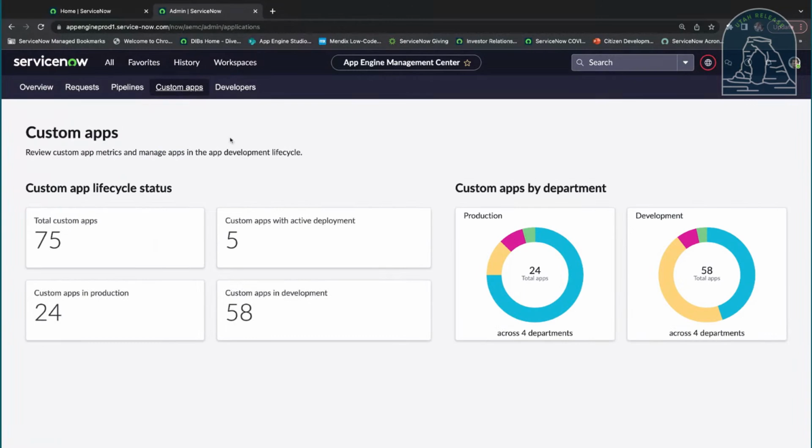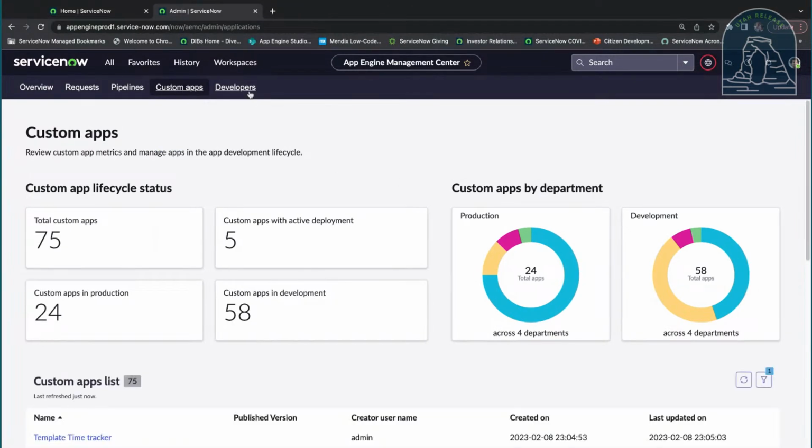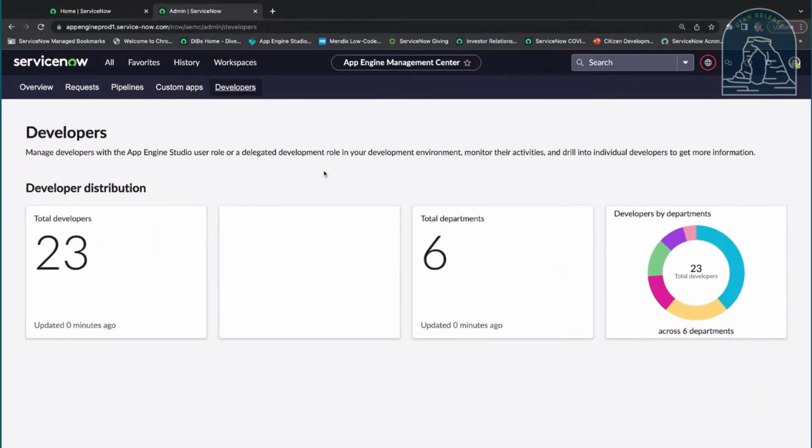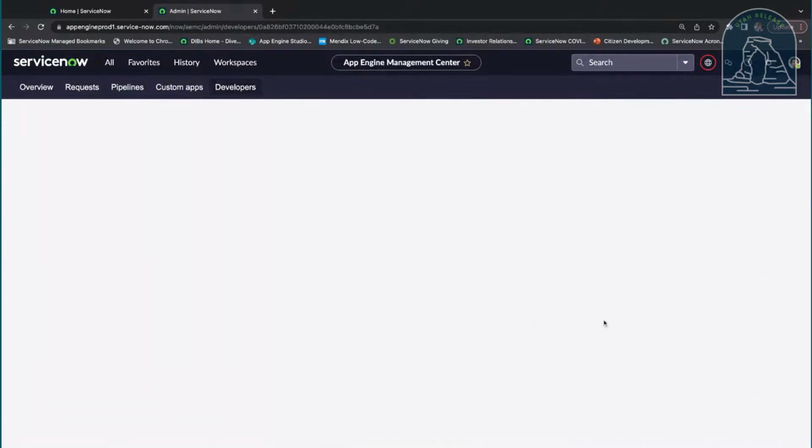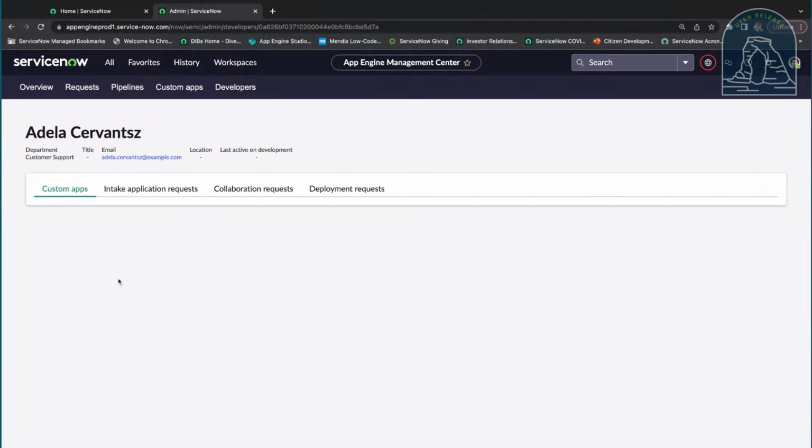Can you give us a little definition of what a collaboration request means? So, what does that actually mean on the system? Yeah, absolutely. So let's say in Adela's case,